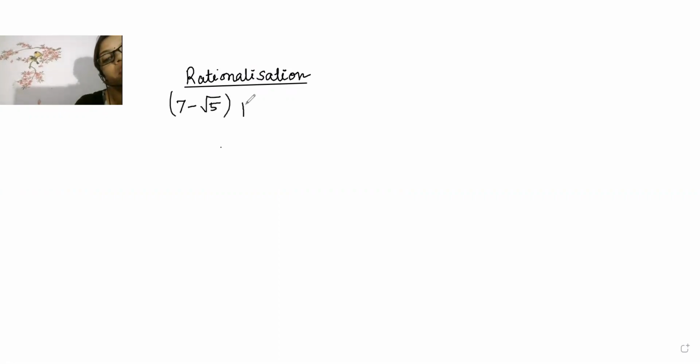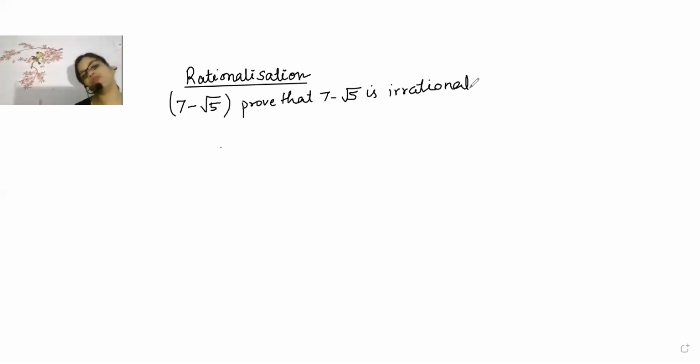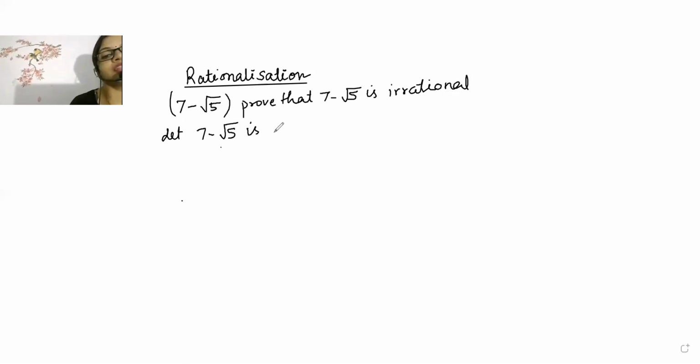Prove that 7 minus root 5 is irrational. So what I will do first, beta, I will say, if possible, let 7 minus root 5 is rational. I told you in the previous class itself, na? So what you have to start with? Start by saying that if possible, if possible, let 7 minus root 5 is rational